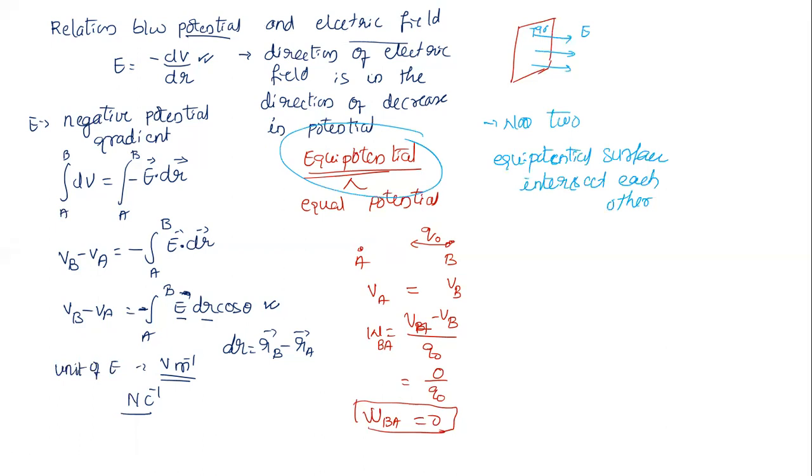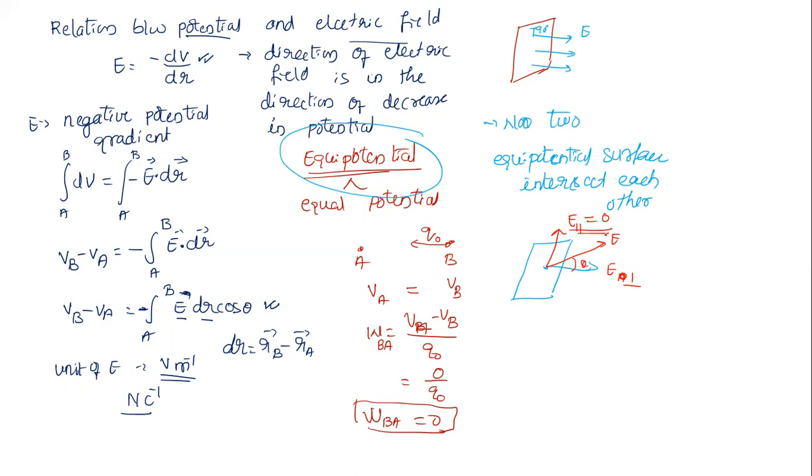And the component of the electric field along the surface of the equipotential is how much? It is 0, which means the electric field is always perpendicular. If I take a potential surface like this, and the electric field is like this at some point, it will have two components: E parallel, and E perpendicular. The parallel component is along the surface and the perpendicular component is perpendicular to the surface, and the parallel component is always 0, no matter what.